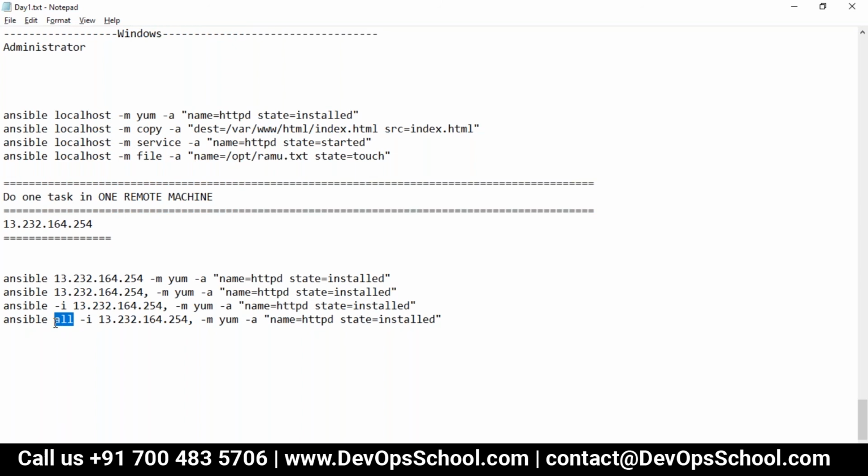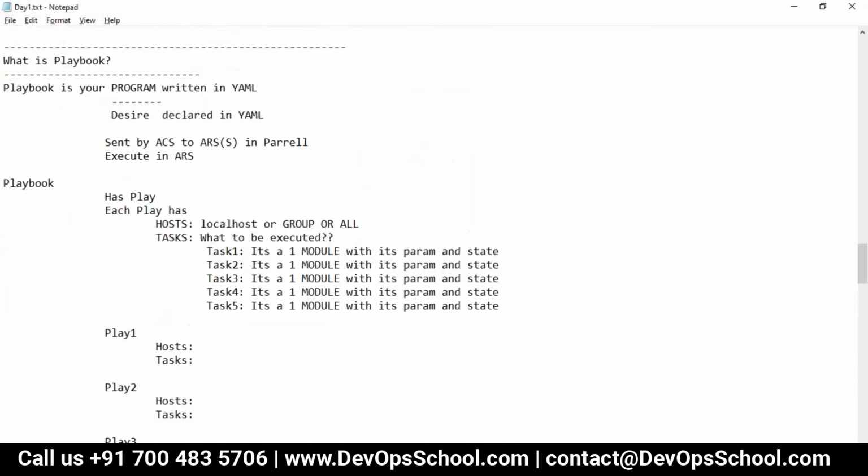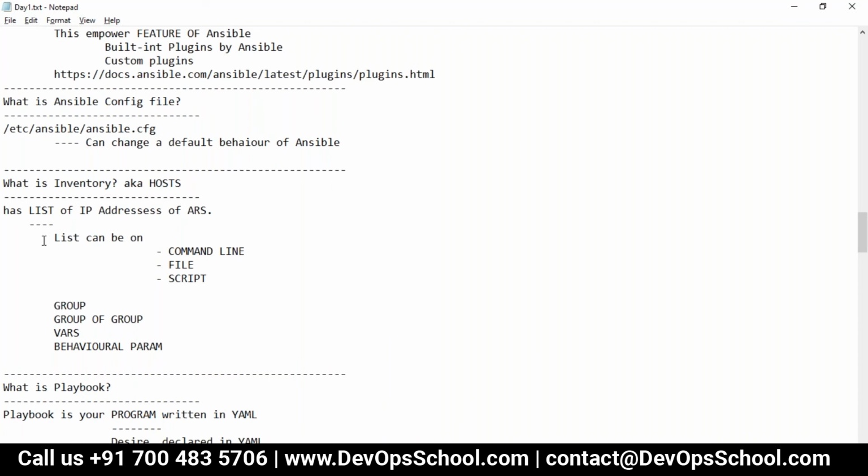Hosts. Run on all the hosts. Guys, this is the group name. Again, I am giving you this special attention. This is a group name. Go to that inventory discussion. See here. The list of IP addresses can be on the command line, file, and script, and it has group, group vars, and all.